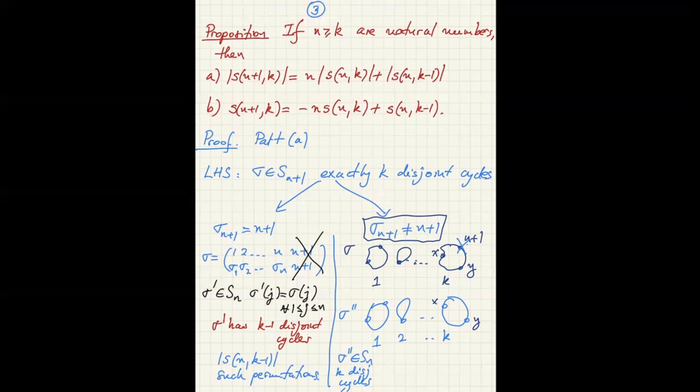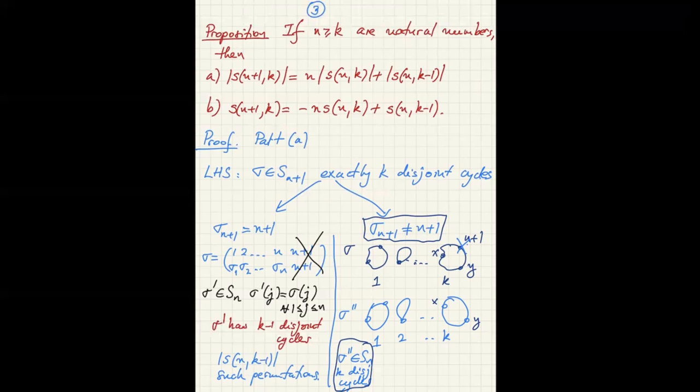So this gives us a correspondence from our permutation on n plus 1 elements with k disjoint cycles to this permutation on n elements with k disjoint cycles. But how about backwards? How does the correspondence go from this permutation sigma double prime to the permutation sigma? Well, such a permutation sigma can be obtained by taking a permutation sigma double prime on k disjoint cycles and inserting n plus 1 in